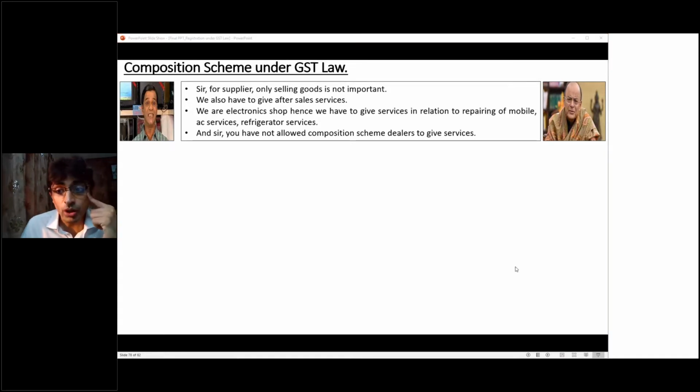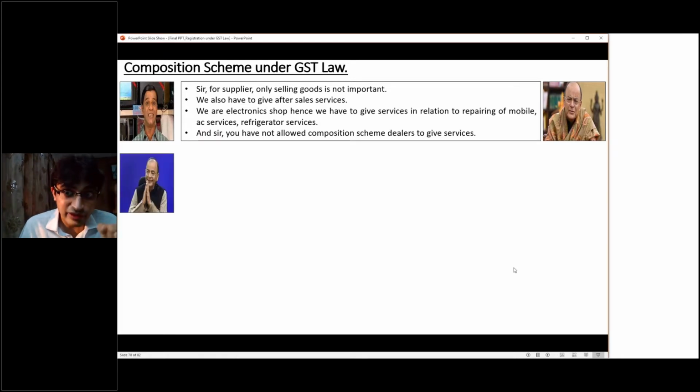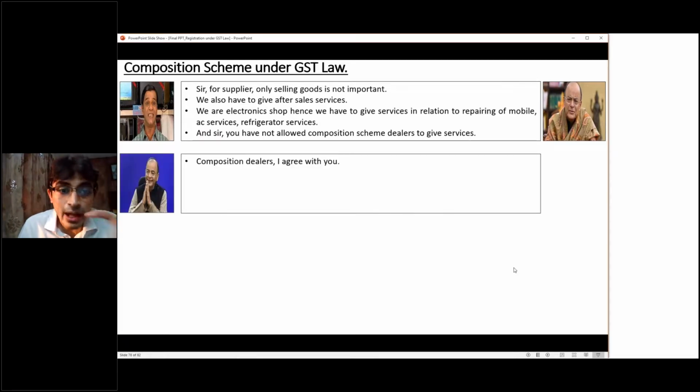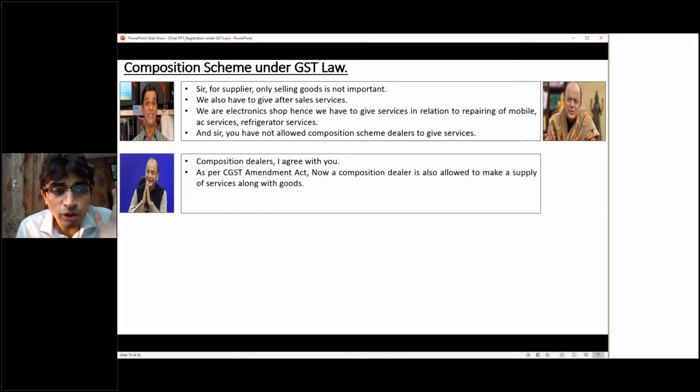That's why government thought, yes, there is a point. So government made an amendment. See, what is the amendment? Now, if you are under composition scheme, along with goods,